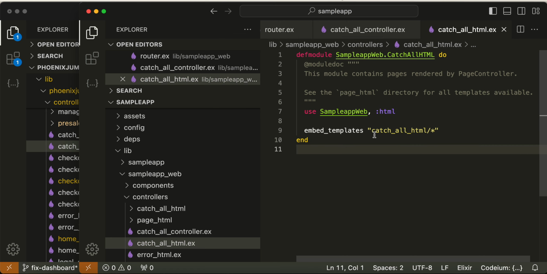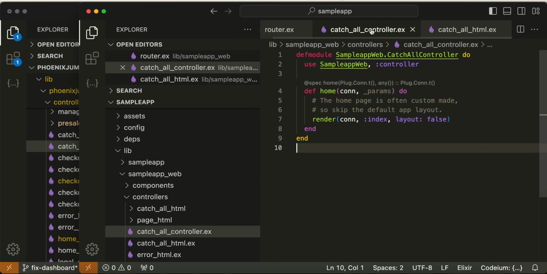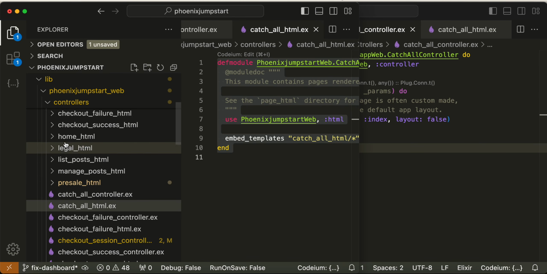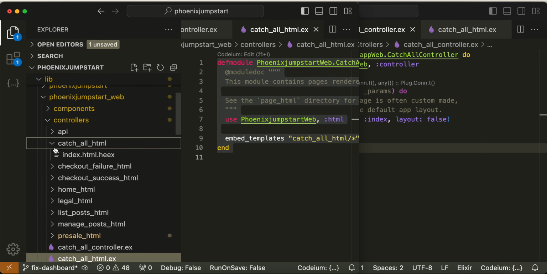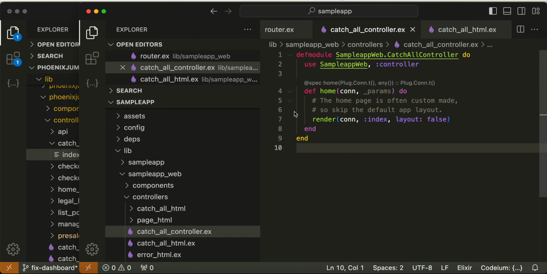Right, and then this particular module says all the templates for this controller live inside the catch-all HTML folder. And what did we name it as? We called it index. So we are going to go to the folder and then just copy this code,